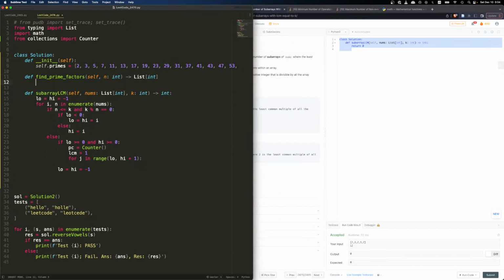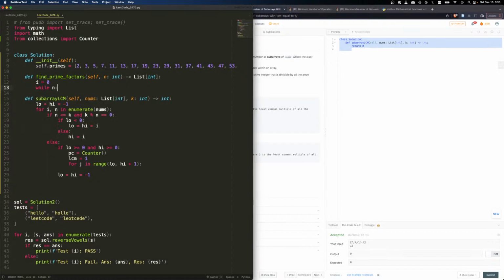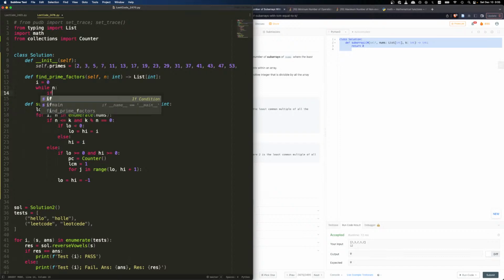Okay, so you gave me an n, right? So we say I equal to 0, while n, if n mod self dot primes I equal to 0,